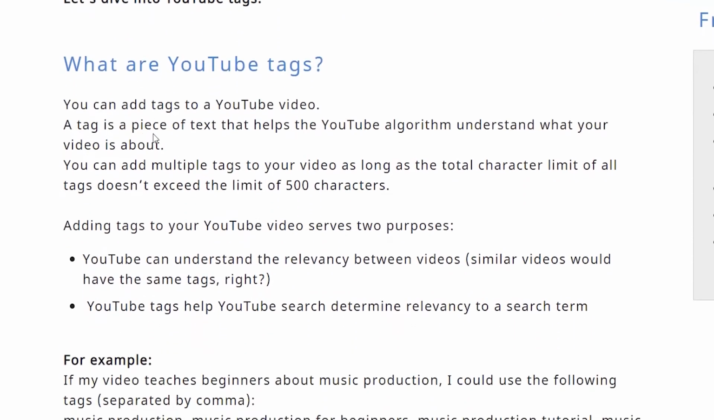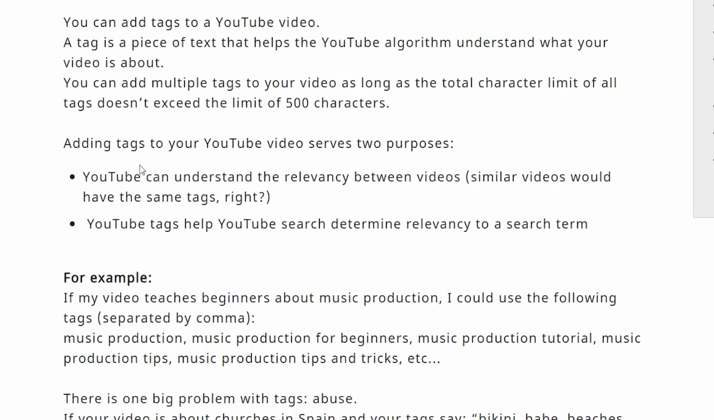What are YouTube tags? You can add tags to a YouTube video. A tag is a piece of text that helps the YouTube algorithm understand what your video is about. You can add multiple tags to your video as long as the total character limit of all tags does not exceed 500 characters. Adding text to your